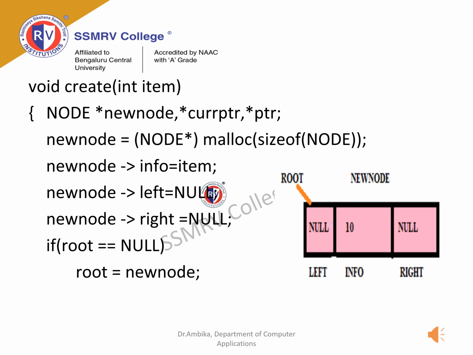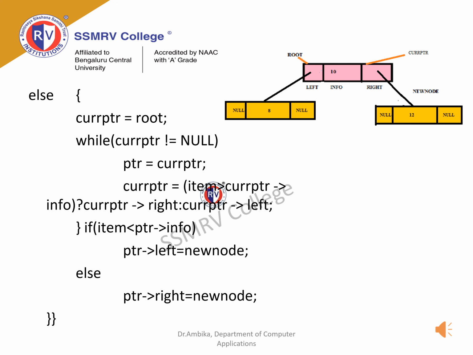Root is checked to be equal to null. As root is null, you point the root to the new node, that is the first address of the new node. In the binary tree, the elements that are greater than the root or the parent node are placed to the right of the root, and the elements less than the root are placed to its left.